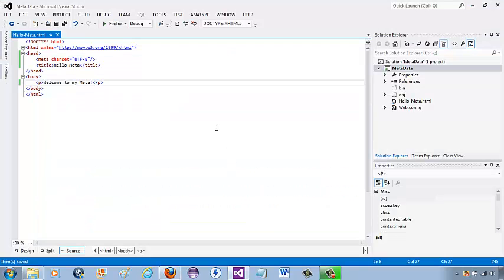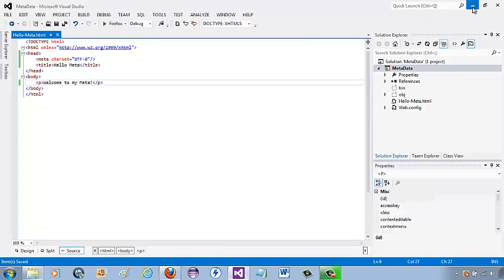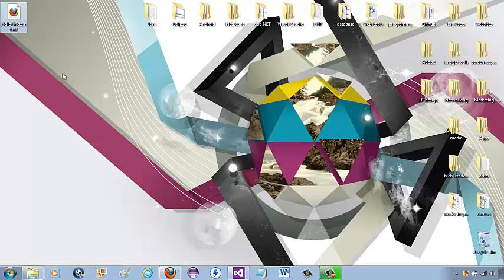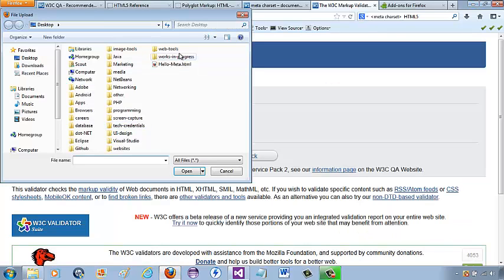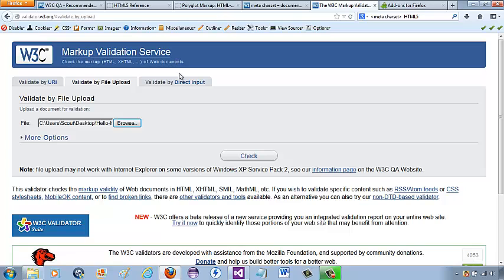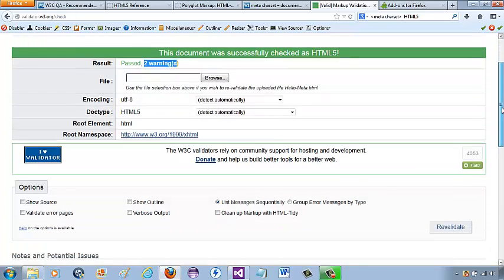And so I've got that saved. I'm going to go ahead and copy that web page from our project onto the desktop, just to make it easier to find. Alright, let's browse, and there it is. And go ahead and just hit check. Okay, so it passed. Successfully checked as HTML5. There were 2 warnings. If you scroll down,